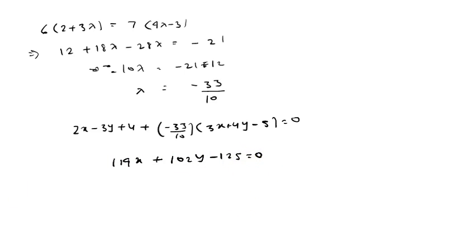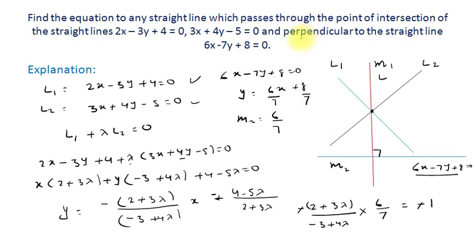So whenever it is given that a line passes through the point of intersection, then in that question there is one more piece of information, and we have to apply the same concept. And suppose here it is given that the line is not perpendicular but parallel. So in this case m1 is equal to m2, and some other condition is also given in this type of question. So from there we use that information and we can find the exact equation of the straight line.